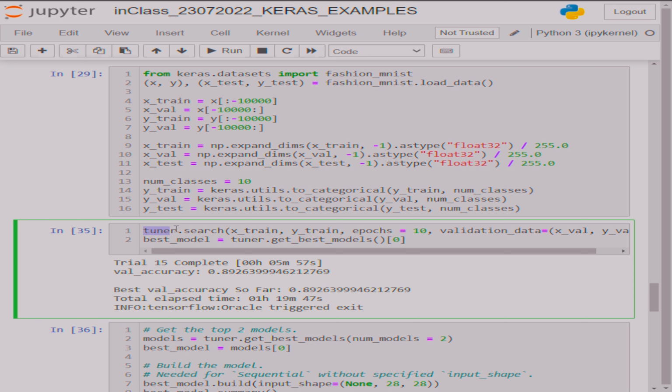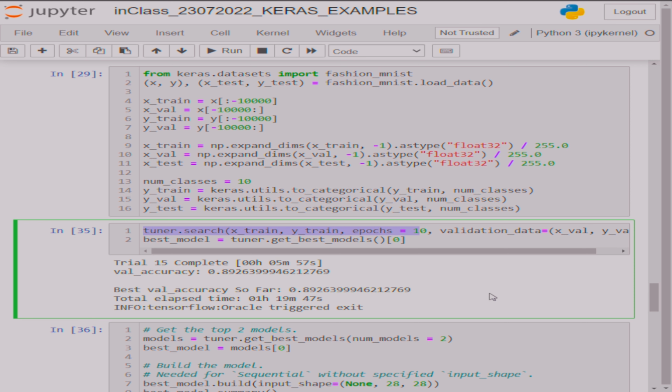This is the first one. As soon as you run this first line, it's going to take some time. Maybe if it is running on your side, you may observe that you are in a certain number of epoch or trial number 5, 6, 7, something it will be showing. Just observe that, and there you will see that so far whatever is the best model, best parameters you obtain, everything will be shown in the form of a